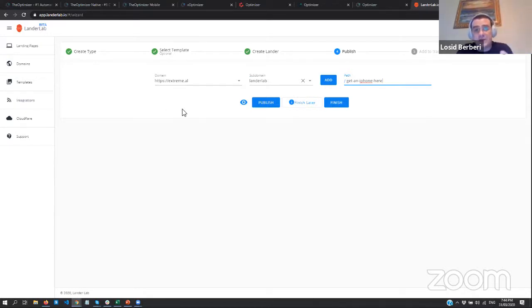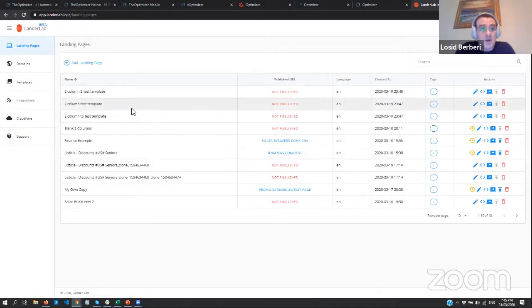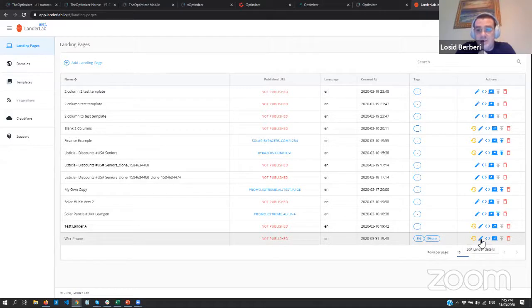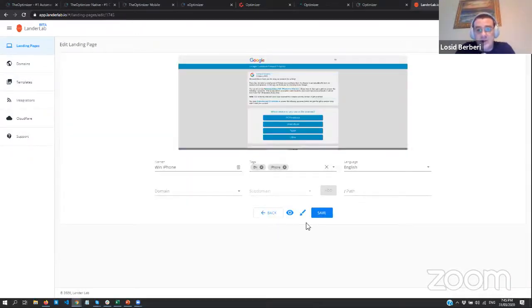The reason for that is that usually the first one to get flagged from Google deceptive site warning or Google Safe Browsing is the path or the directory. Then it goes to the subdomain level. Then after that, it usually goes to the root domain or the domain as a whole entity. So by managing your domains or your publication links like this, you may get some extra time. And now at this step, I will just click on finish later because I don't want to publish it yet. What I want to do right now is go and edit this landing page, which I will do from here, edit landing page details, and I will open this